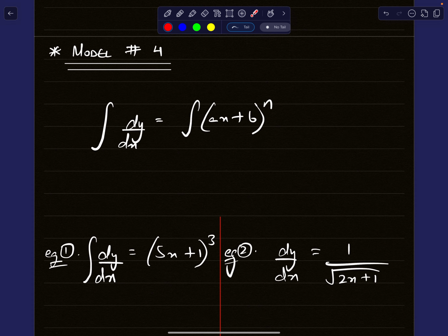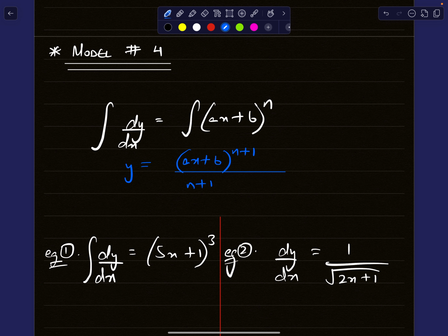This is our last model for basic integration. So the first step is, again, if we were to differentiate this, we bring the power down, reduce the power by 1, and yes, multiply by the differential of the bracket. But in this case, we are not differentiating, we are integrating. That is, we will increase the power by 1 rather than subtracting it, divide by the increased power rather than multiplying it,